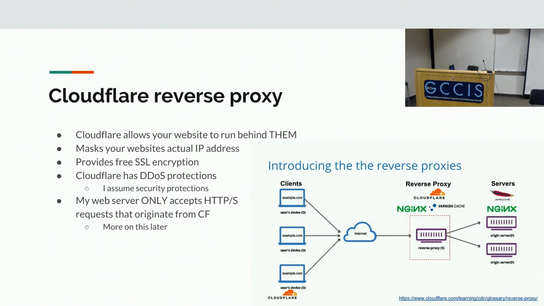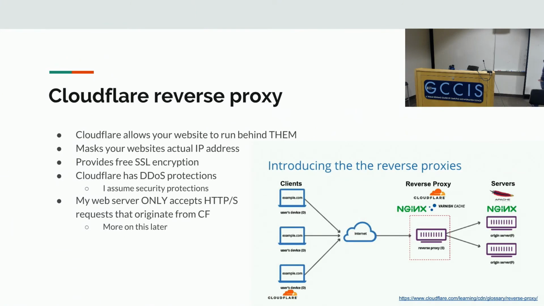When you make a request to Hold My Beer security, you go to the internet, it comes to Cloudflare. Cloudflare looks at the host, which is Hold My Beer security, and it'll forward you to me, right? And this is a really cool thing. You cannot access my website without going through Cloudflare. Unless you go through Cloudflare, you cannot access me.